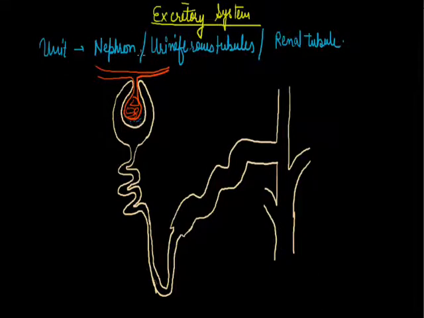First of all, this nephron forms a cup-shaped structure which is embedded in the cortex region of the kidney, the peripheral region of the kidney. This capsule or cup is known as Bowman capsule. Later on, a tubular tract starts. The earlier tubular tract is known as PCT, proximal convoluted tubule.